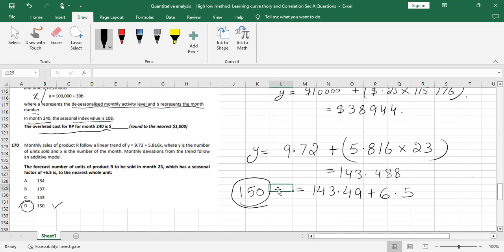Any questions related to these MCQs? Okay, so we are done with all